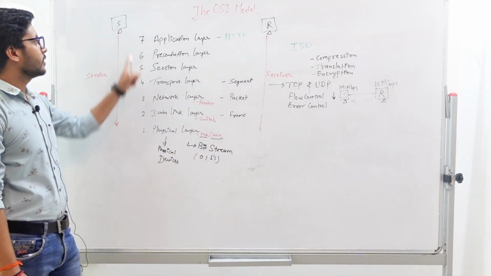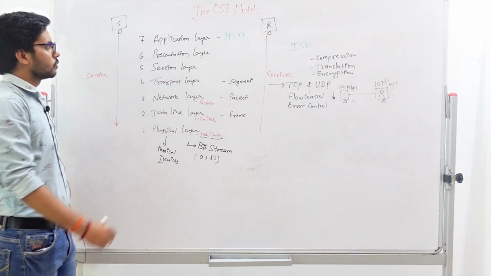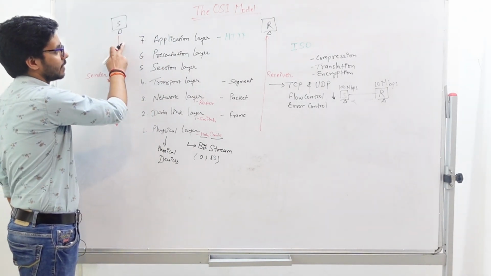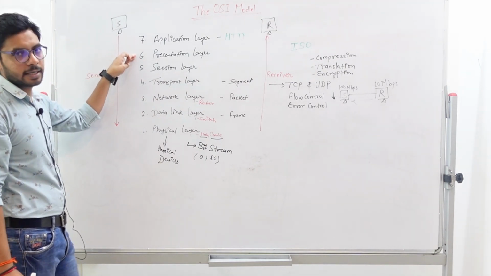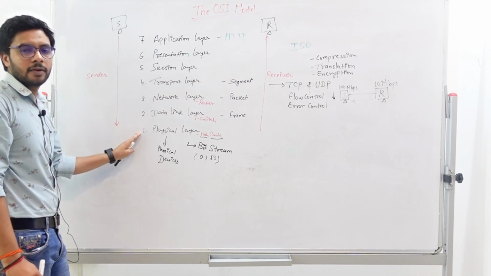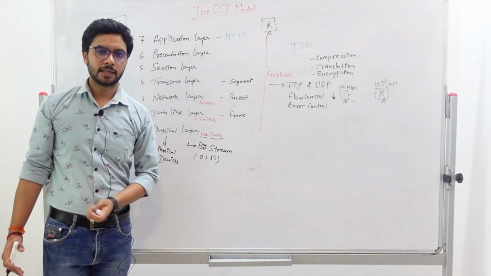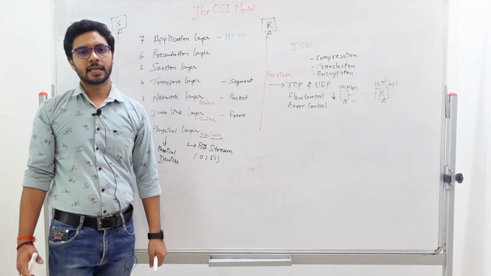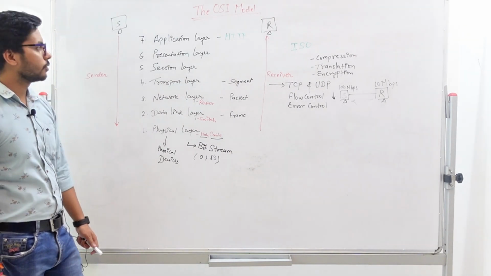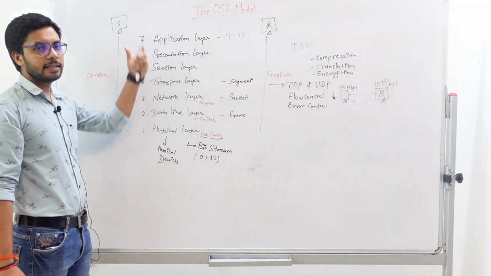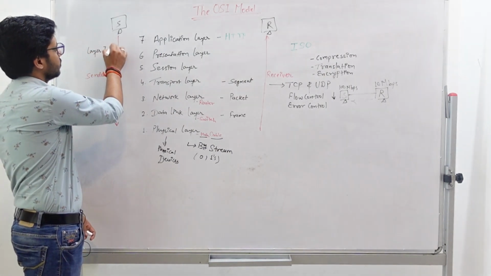If the sender wants to send a message, obviously the sender is going to use an application. So first of all, the data will come to the application. Then the application will send the data to the presentation layer, and in this way the data will travel till the physical layer. We know that the entire world is connected through fiber cables, physically connected through the fiber cables that are lying under the seabed. So on the sender side, the data will travel from layer 7 to layer 1.